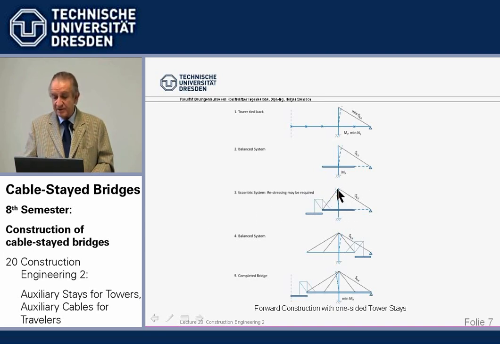And with that system we can do with one backstay only, because we have a certain minimum force in here which the tower must be able to take, but then it's either balanced, no additional force in the auxiliary stay,